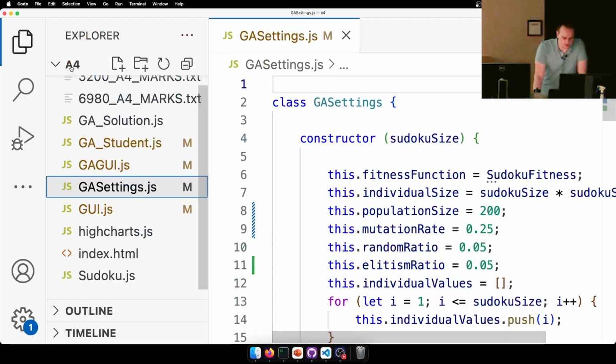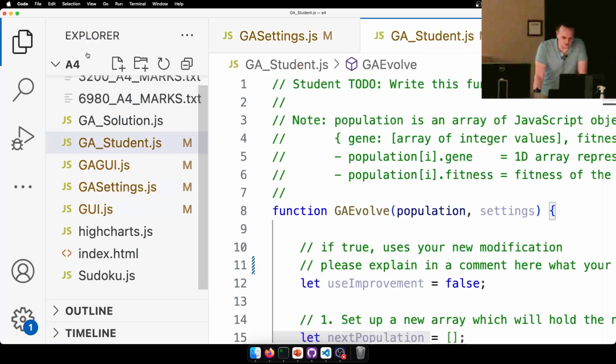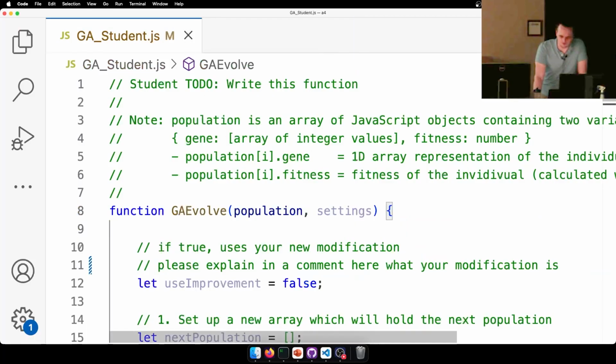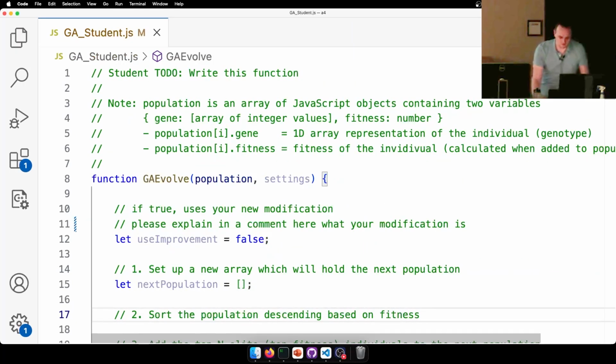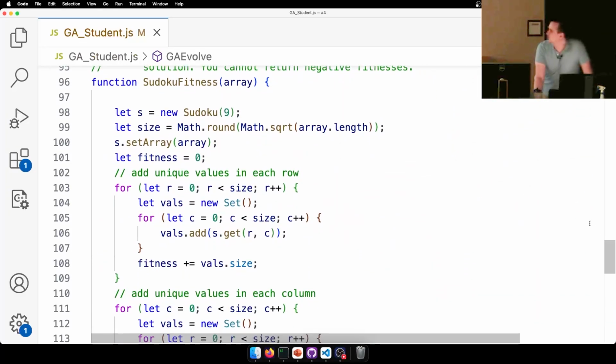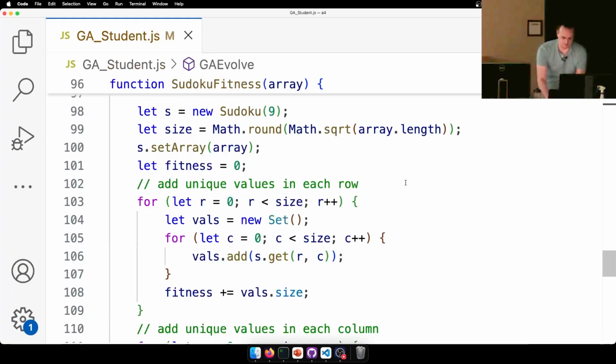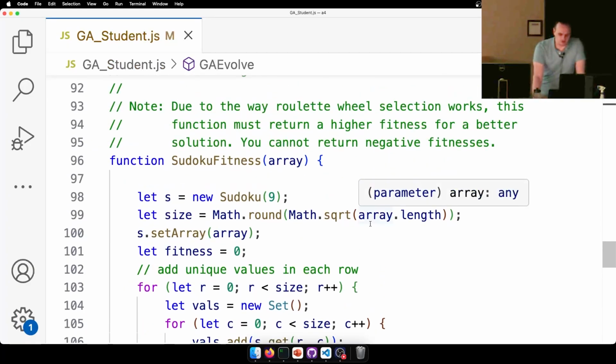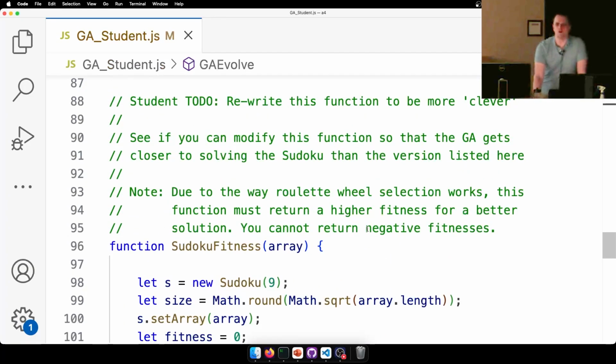Okay, the next thing is, I won't be clicking on solution, but the GA student. As always, we have this function. The first thing I'm going to do is scroll to the bottom here and look at the Sudoku fitness function. So let's zoom in. One of the things that you have to do is modify this fitness function to be a little bit better. I'm not expecting you to get the best fitness function in the world. I just want you to take this and make it a little bit better, because my way of counting